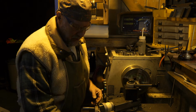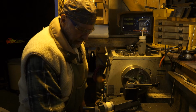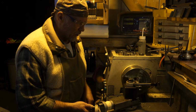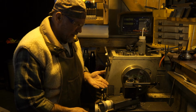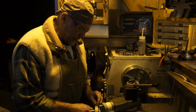Not being a machine shop teacher, this particular part of explaining is not my favorite thing. And I'm going to sit right here and be ready to yank this handle out when I miss. Which at this point I didn't miss, so I'm still going to yank the handle out, disengage, go back out here, go back into my